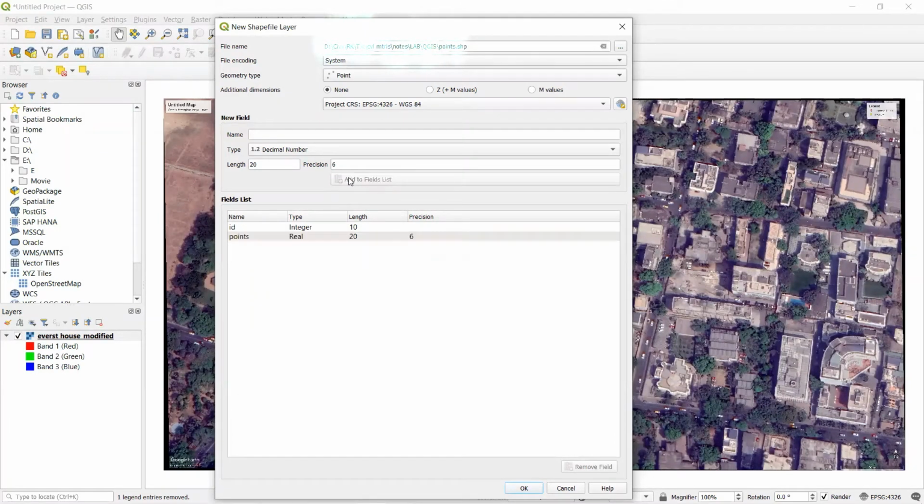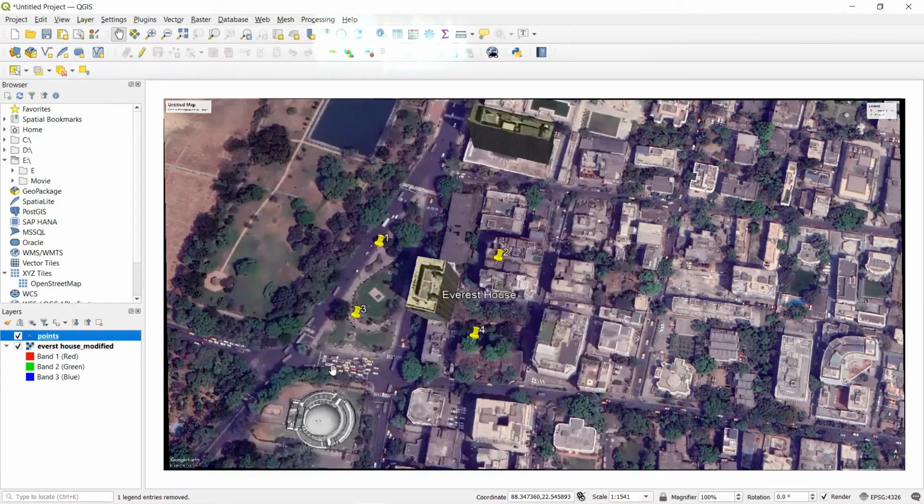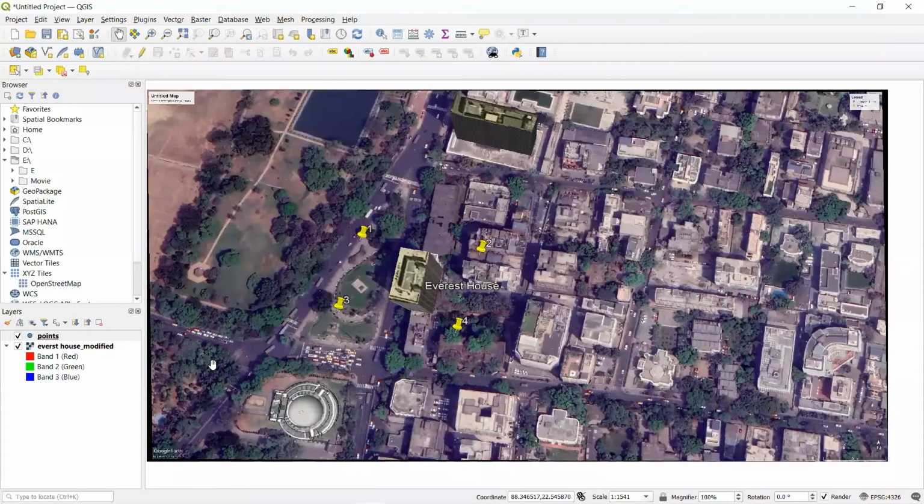Next, add to field list, then click OK. As we can see here, the point layer is created.